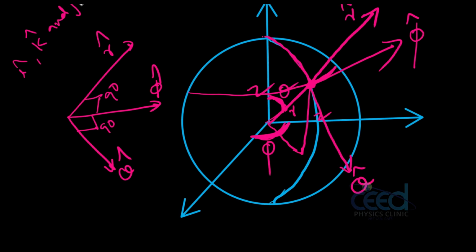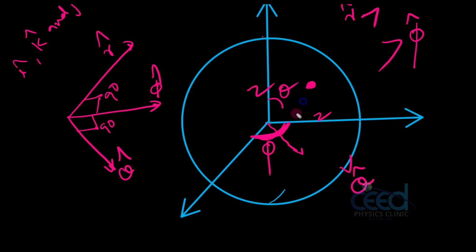Okay, that is a very important thing. Now we have to check what is the maximum value of theta and phi. What is the maximum limit of theta or phi? That is very important. Okay, now we can go to that. See this,